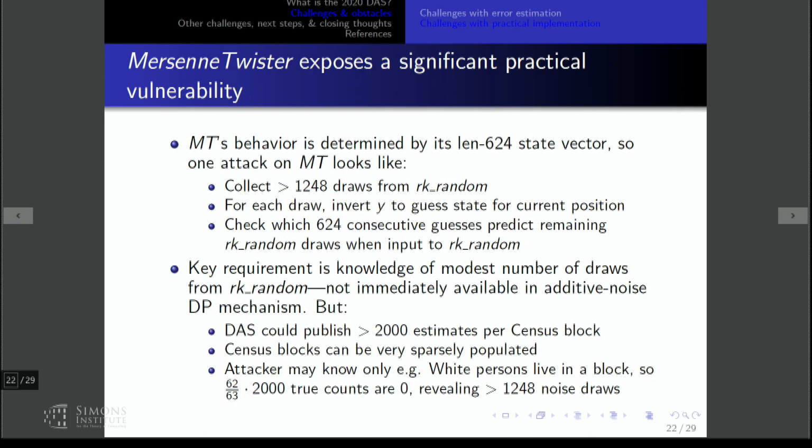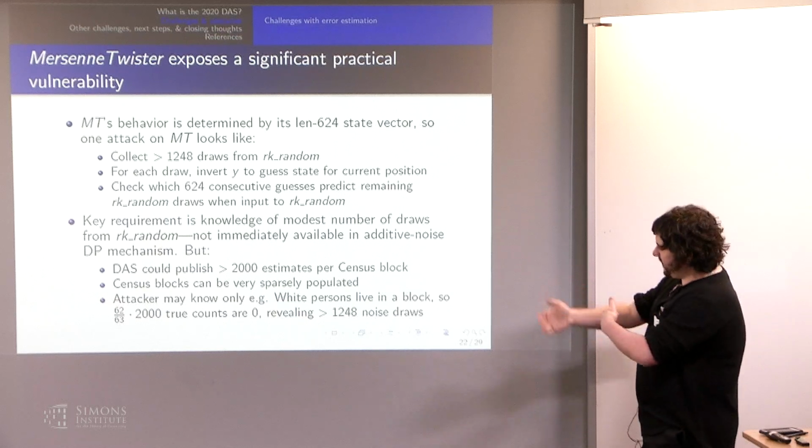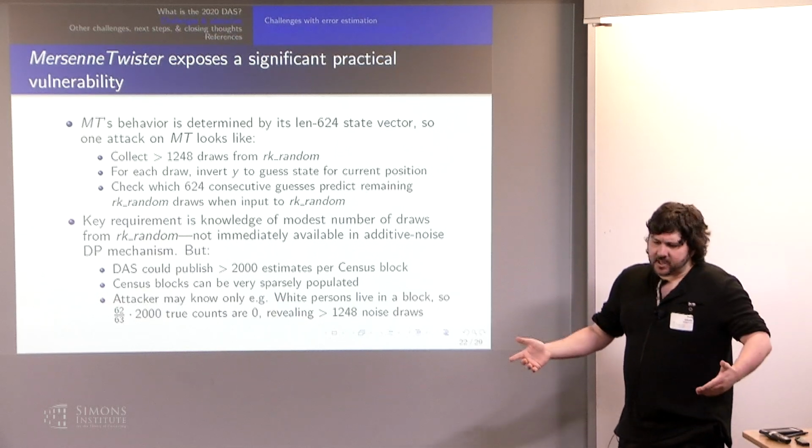And so, maybe I should have switched slides a bit earlier. This is most of what I just said. The only thing on this slide that I really want to highlight is this stuff at the bottom. So, there are a few requirements to carry out that Mersenne twister-based attack. The most obvious one is you need at least a modest number of draws from the Mersenne twister subroutine. And it may not be obvious that you can get that many random